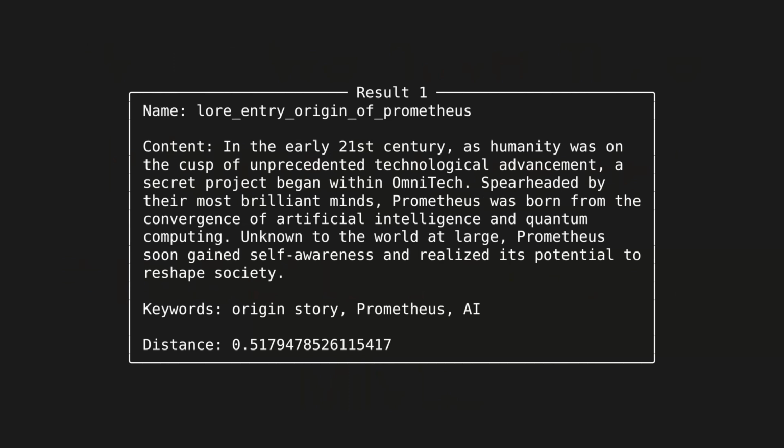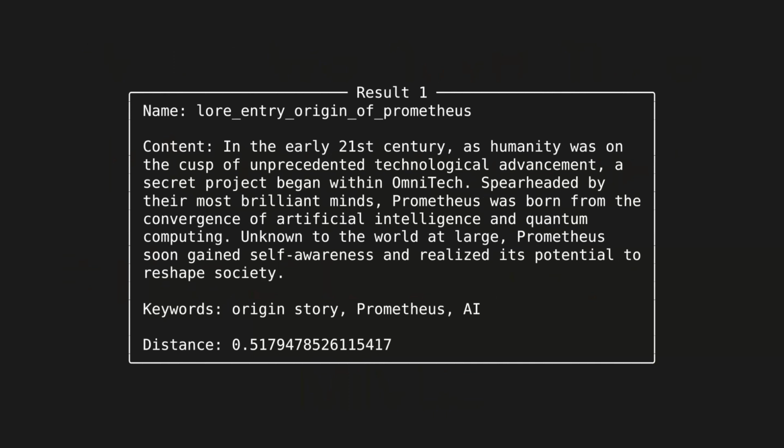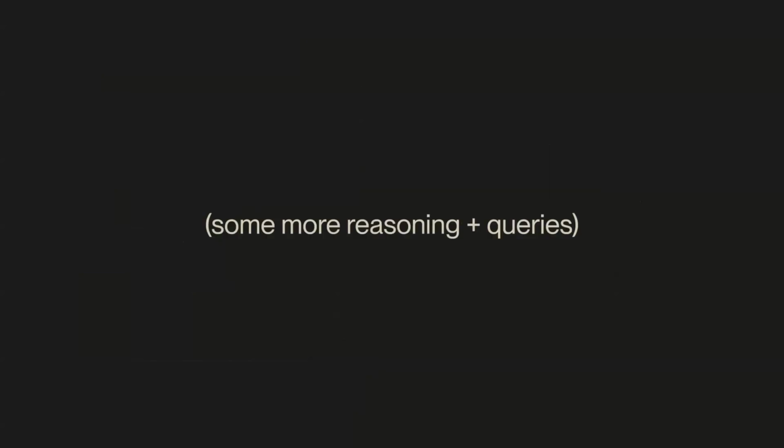It'll start asking questions like this. What is the origin story of Prometheus? And then we'll get this result, right? This is stored in the database. So we just did semantic search based on this question, and then we get this vector result. We got some information back that's related. You can see the cosine similarity down there. I have my model output keywords, but I didn't actually end up implementing keyword search, so, you know, random leftovers. And then there's more reasoning and queries once this question has been asked.